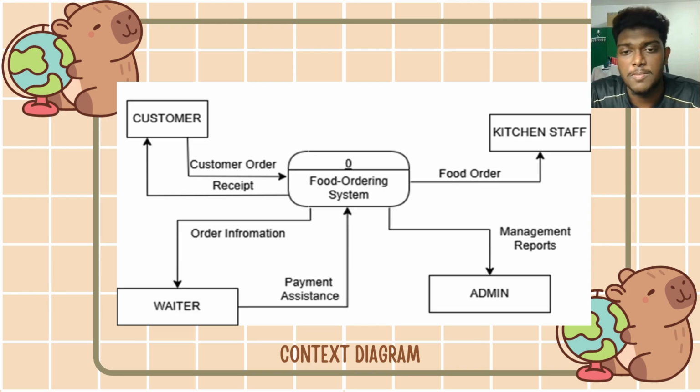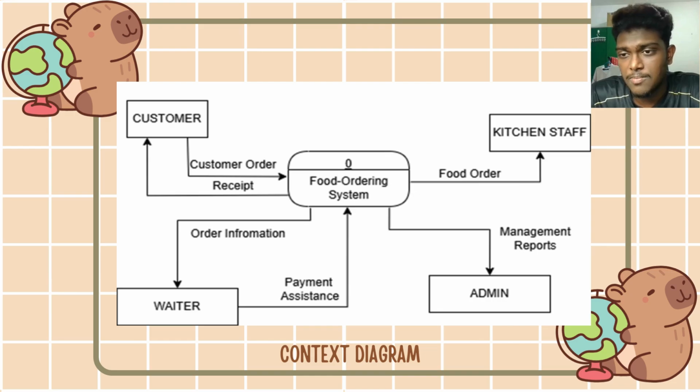So for the system responsibilities, we can see here it accepts and processes orders from the customers. It also helps to generate receipts upon successful payment, and also provide order info to waiters for serving. There are many more details that are being discussed, not on this diagram, but in the DFD diagram. And also for the key data flows,